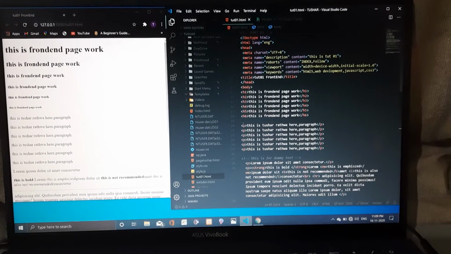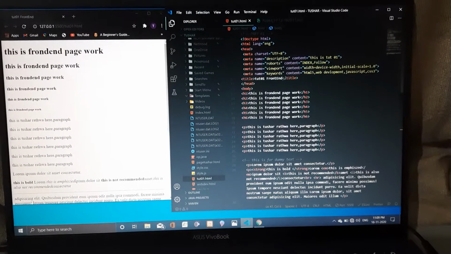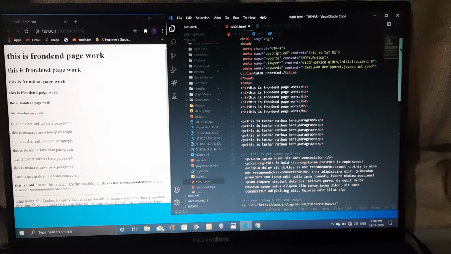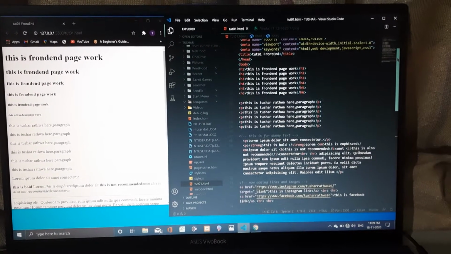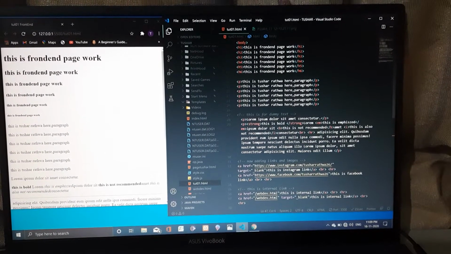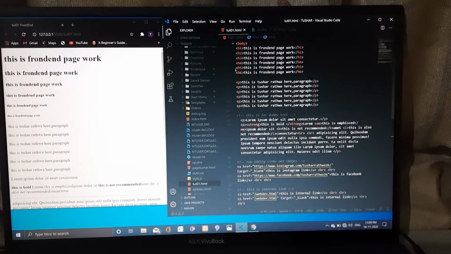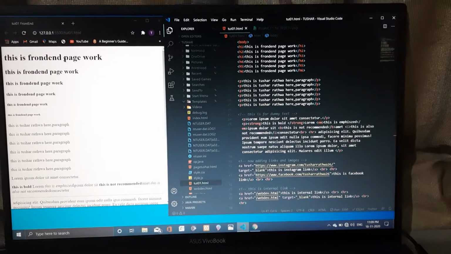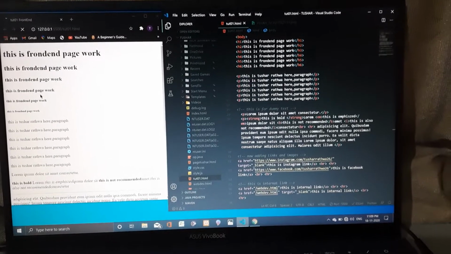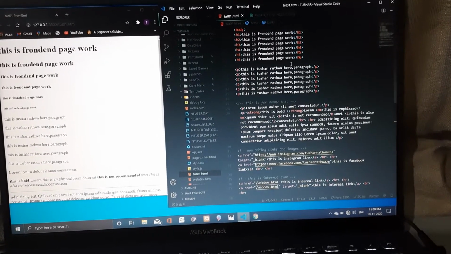And further, we have added the body, of course, where we add all those things and tasks into the body. And first of all, that's the head tag. All right, that's what we know, 6 head tags, and that's how it looks over here. This is front end page work, 1 2 3 4 5 and 6. So that's how it is, and this is the paragraph.